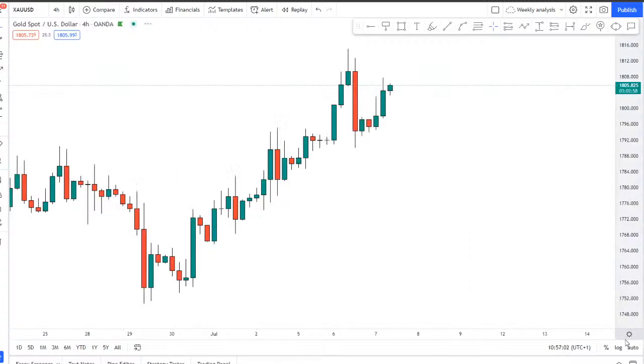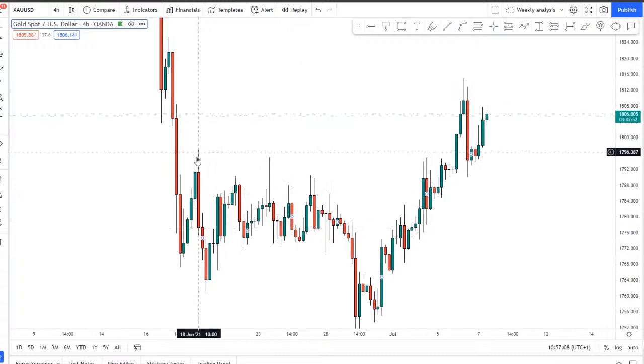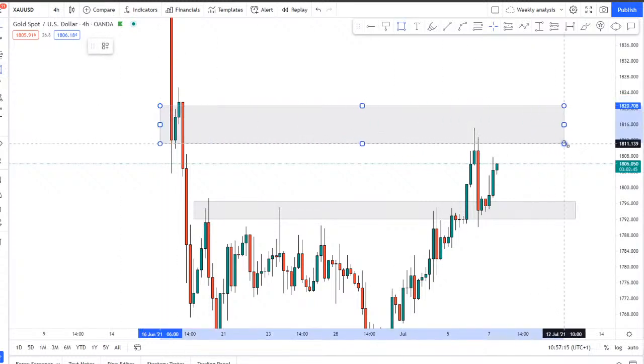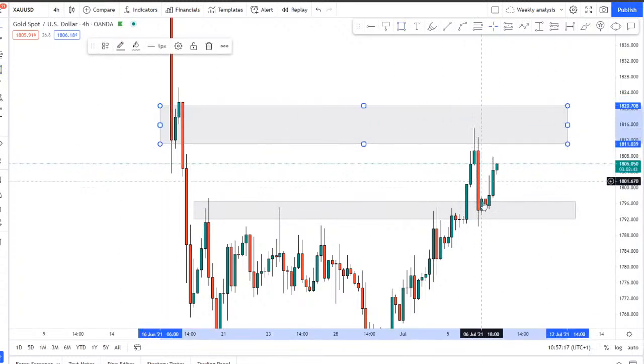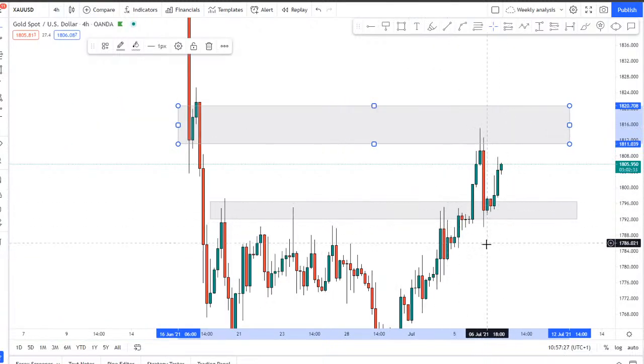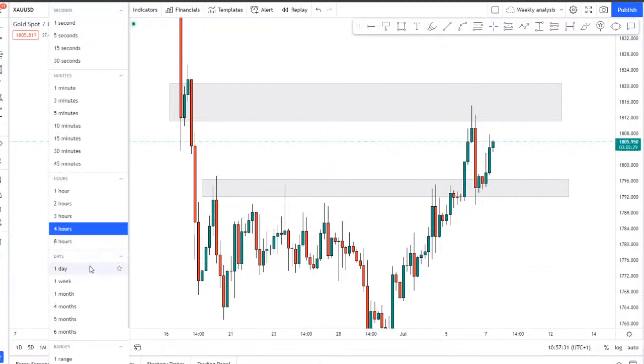Gold for this pair, I did say yesterday that we could be in for a move lower for this pair, because we did break through this resistance here, and I said we could come back for a retest of it, which we did do there, and we were holding on to this area here. I said we're probably going to test this area, come back down, retest this area here. I wasn't sure if the market was going to hold or break through though. I was just expecting to see a dive lower, which we did see, but the market is now pushing back up, which is quite interesting,